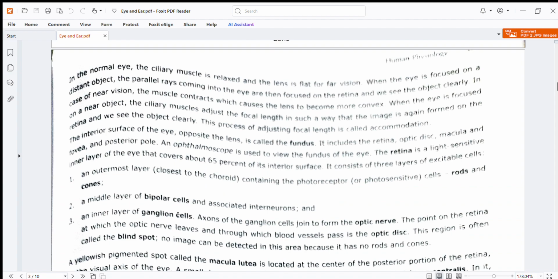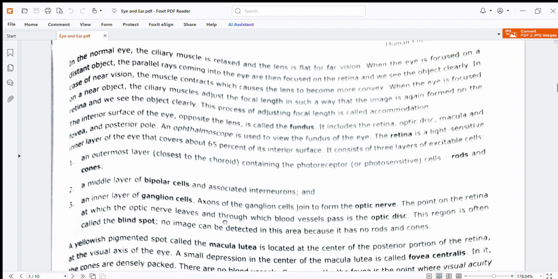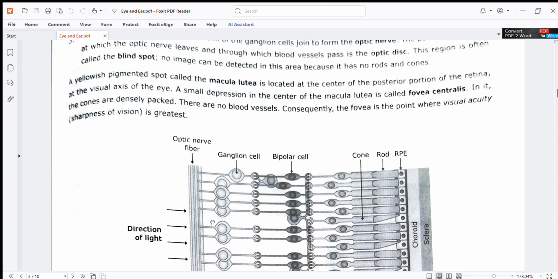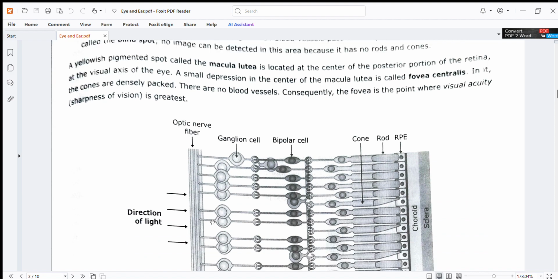The region is often called the blind spot. No image can be detected in this area because it has no rods and cones. A yellowish pigmented spot called the macula lutea is located at the center of the posterior portion of the retina. At the visual axis of the eye, a small depression in the center of the macula lutea is called the fovea